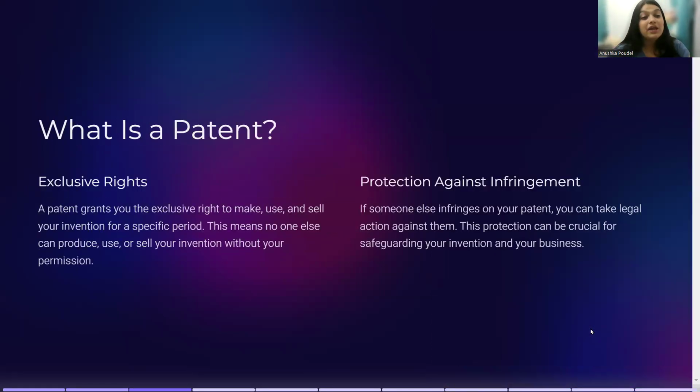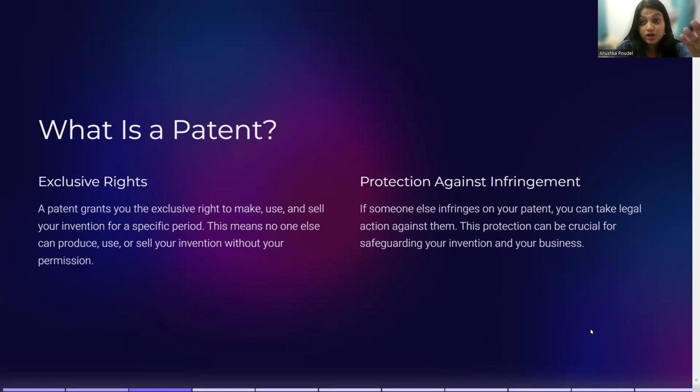So, what is a patent? A patent can be understood as an exclusive right of the innovator. It can also be understood as a legal document given to the inventor, which is basically an exclusive right to make, use, sell, or import their invention for a set period of time. When you apply for a patent, it is a legal document that has two forms, Form A and Form B. It includes your name, the people who are included with you, if there are any, and the country that you're from. So a patent is granted to a person based on the geographical area they belong to. It is basically a legal document that helps you secure an invention.